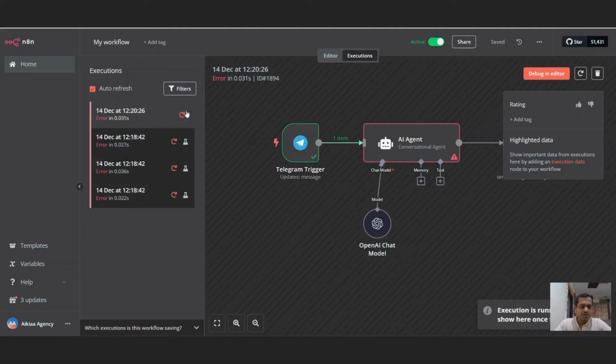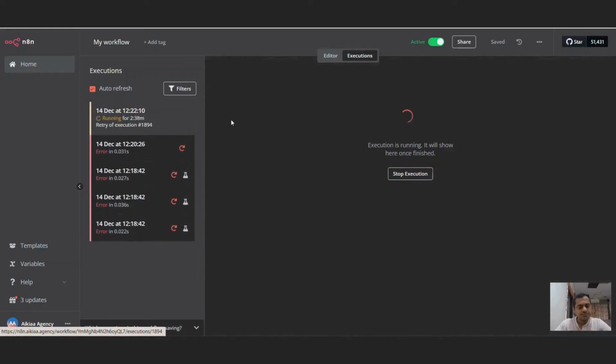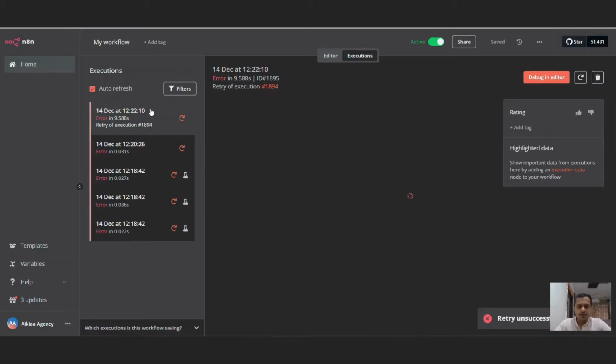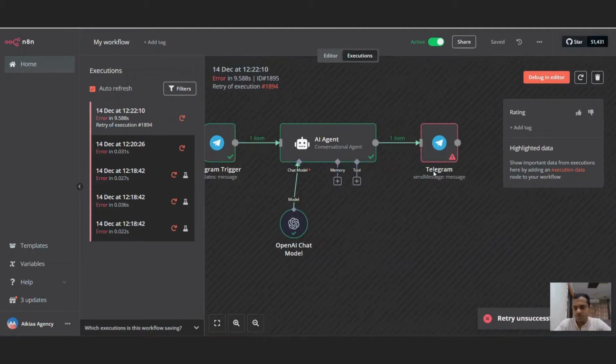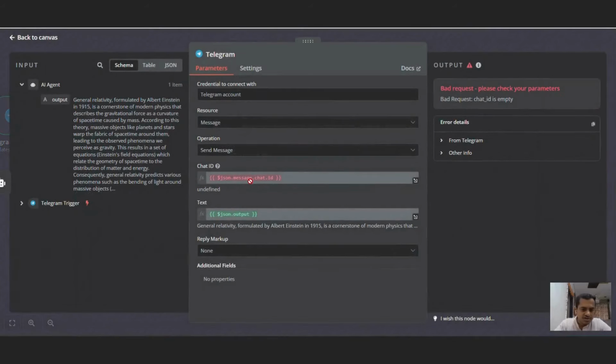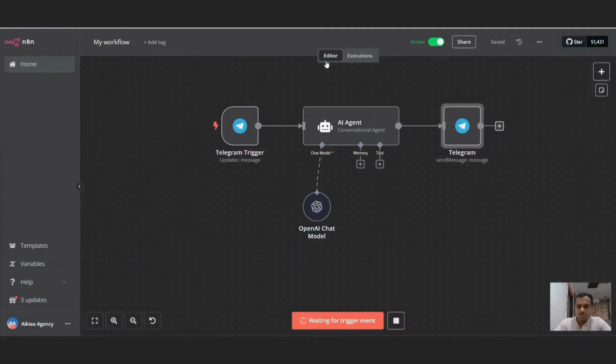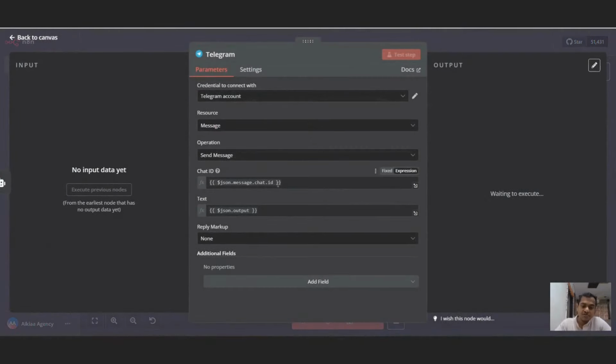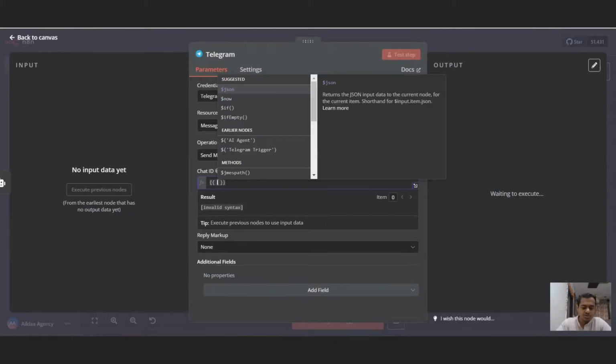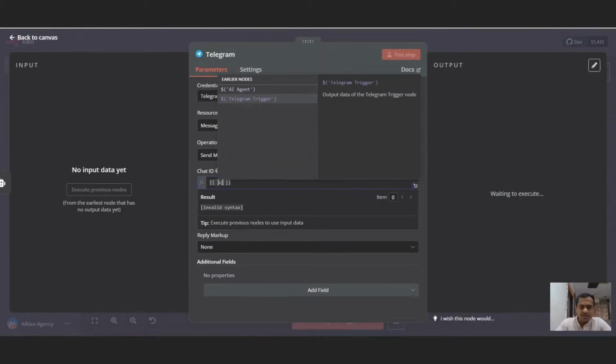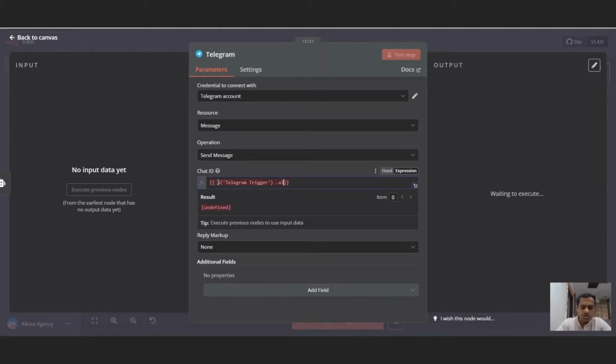So let's see if this one works, and it is running. All right, it got stuck on another node, which is our chat. So I think it did not receive. Okay, so AI agent did not allow the earlier input to pass through. That's okay. That's not an issue. We'll directly get data from the Telegram node. So let's remove this $json and use Telegram trigger .all()